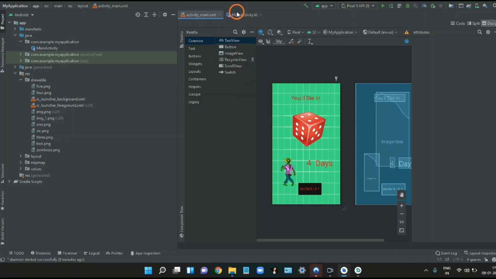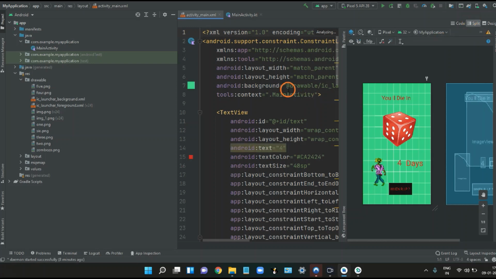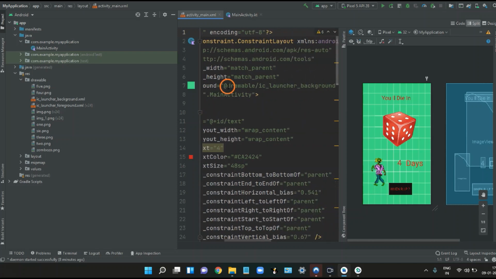First of all, go to your front end part and it will look something like this. And now here on the topmost right hand side, you will be able to see 3 options. First one, design, then split, then code. Just click on this split button.